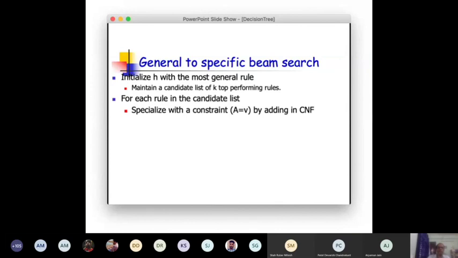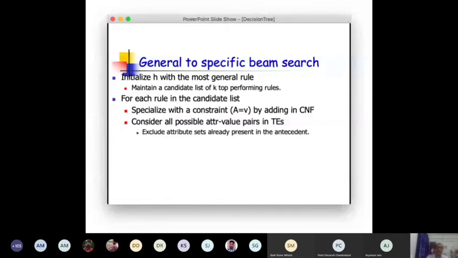So you have to specialize that condition with a constraint of A equal to B by adding it with an AND. If I have a diagram, I will explain with the respective diagram, but let me just give you the overall overview of this particular algorithm. So you consider all possible attribute value pairs in training examples. Each one of them will give a particular clause, and each one of them will give different antecedents. And then